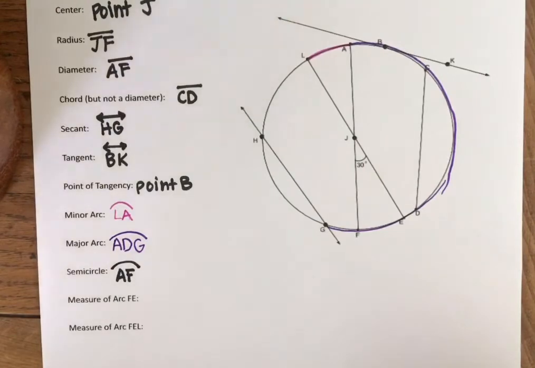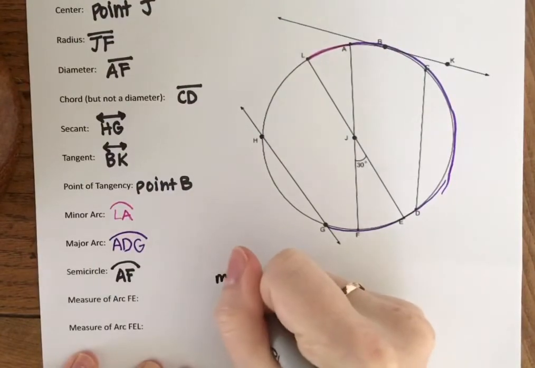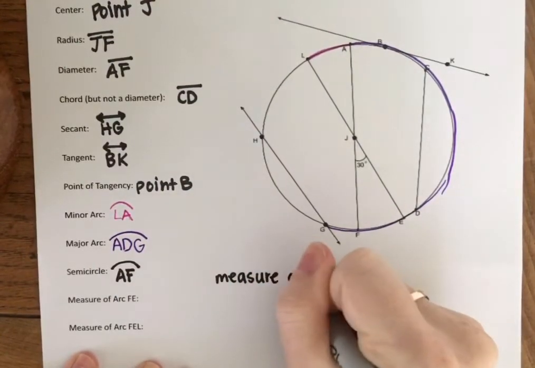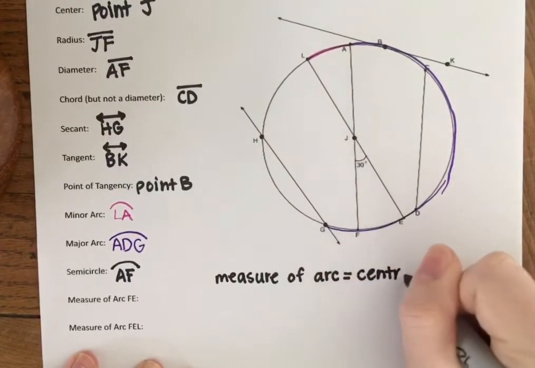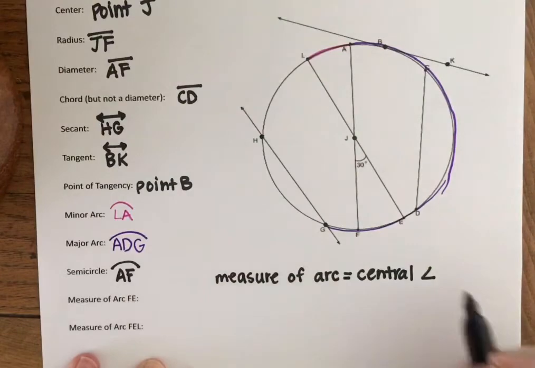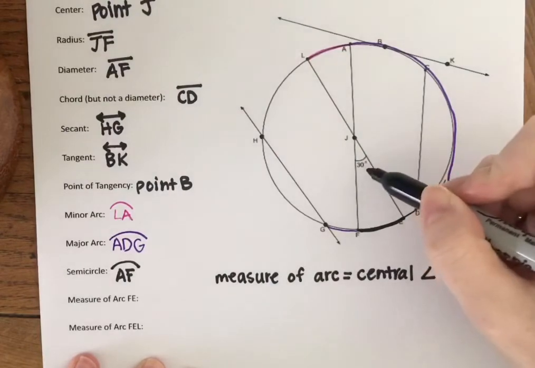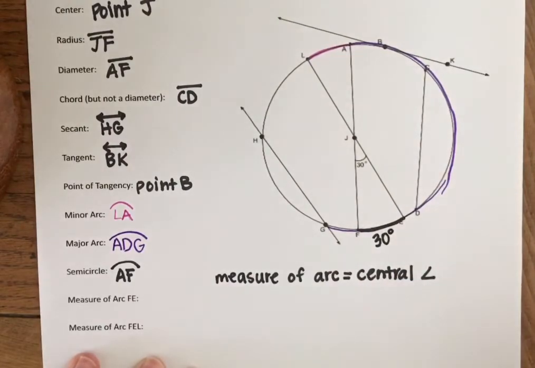Okay, now last part for the measures of arcs, okay? The measure of an arc is equal to the central angle, okay? So I'm just gonna write that over here. The measure of your arc is equal to the central angle of that arc, okay? So if I'm trying to figure out the measure of arc FE from here to here, okay, the central angle from F to E is already labeled as 30 degrees, okay? So that means that this arc is going to have the same exact measure. It's gonna be 30 degrees,